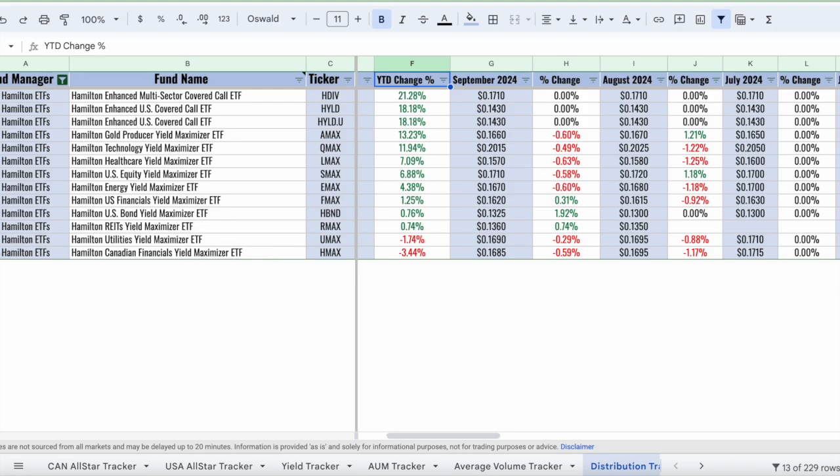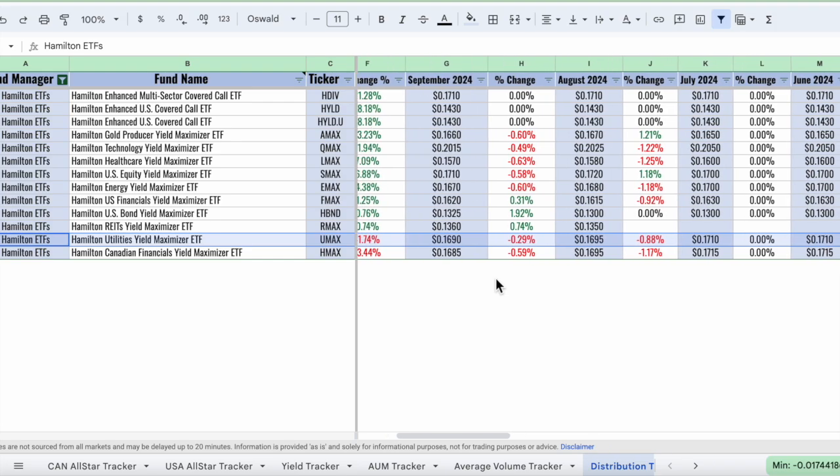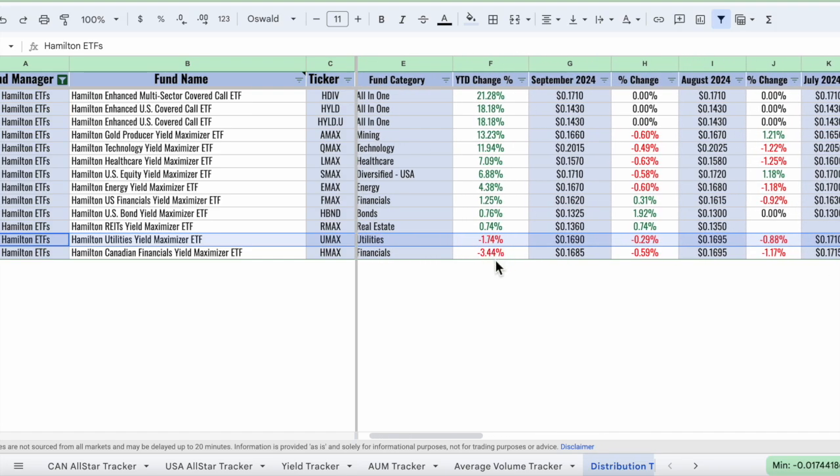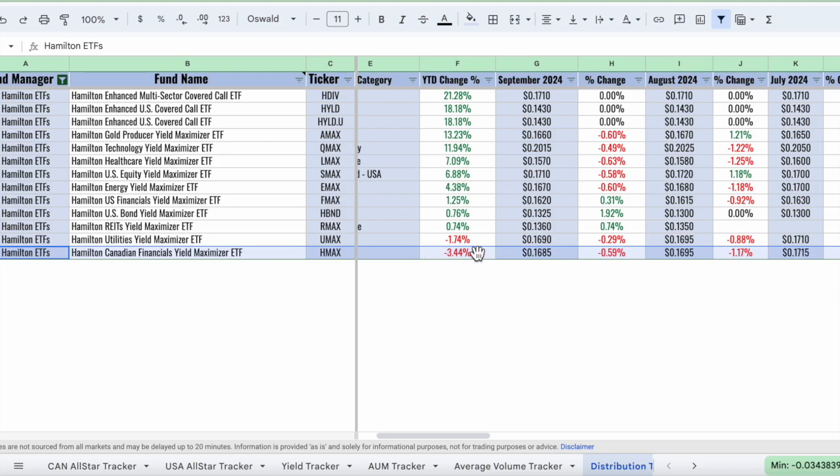The only two funds not up, UMAX, as I covered when we were looking at yields. The yields don't change all that much, and neither does the distribution history, right? If you're bummed out by 1.72%, in my mind, everyone, this is still incredibly stable, even if it's down ever so slightly. HMAX roughly falls into the same category, although I'm sure many would want to see that a little bit higher, but look at what Hamilton has done so far this year with their